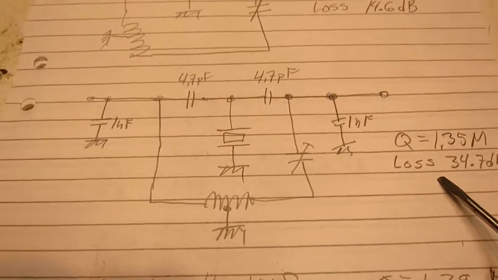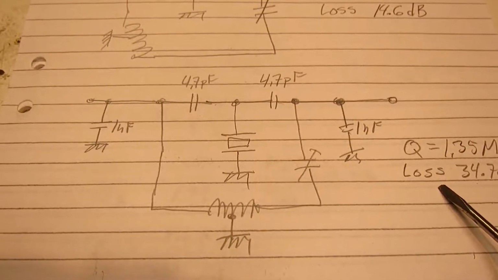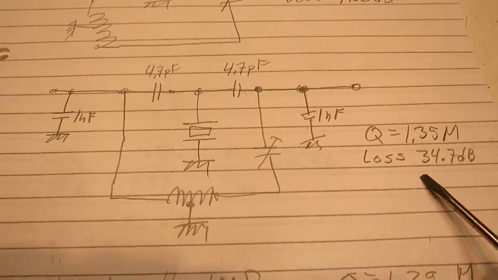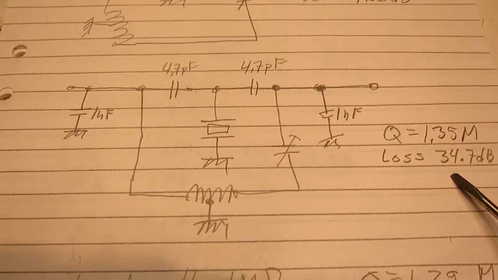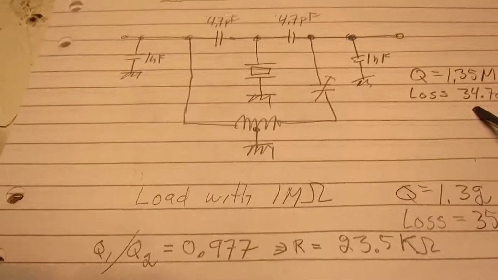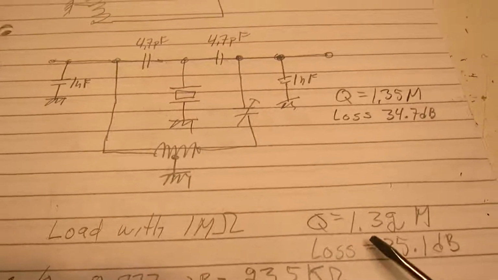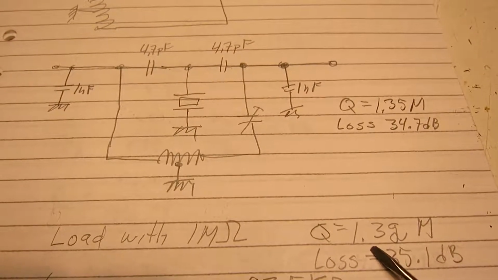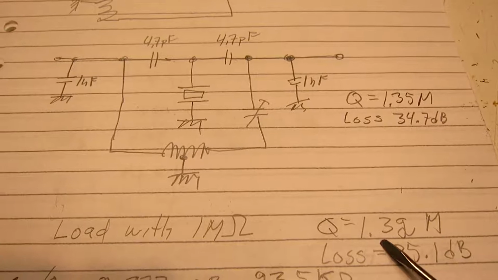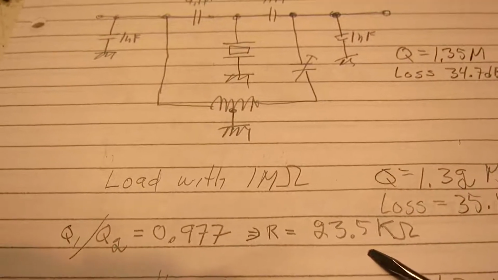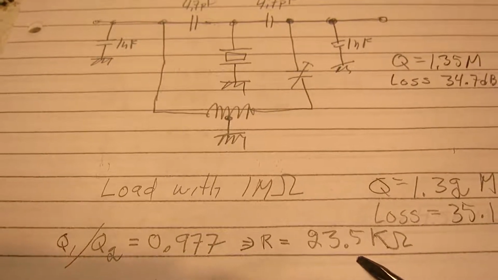That gave me back a Q of 1.4 million almost, with a loss of 34 dB. And then I tried to load that with 1 megohm, and that dropped the Q from 1.35 to 1.32. And from that I conclude that the impedance is 23 kilo ohm